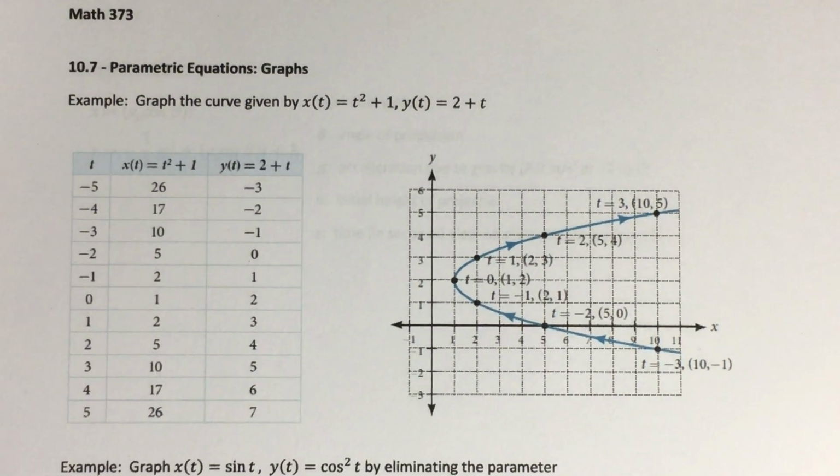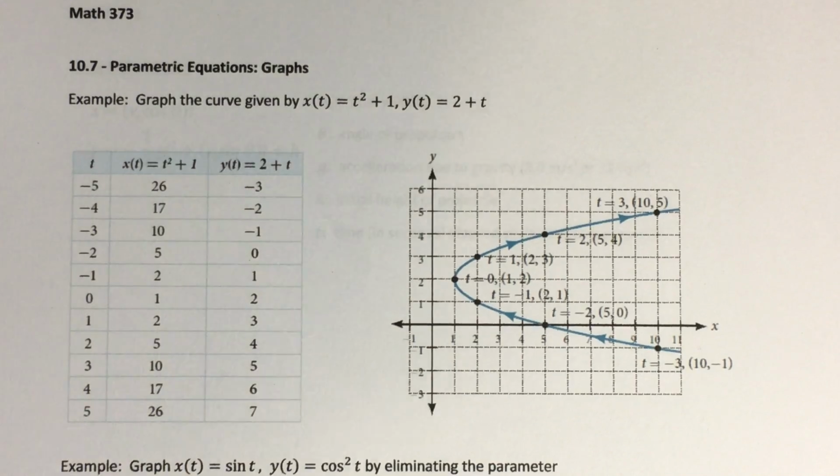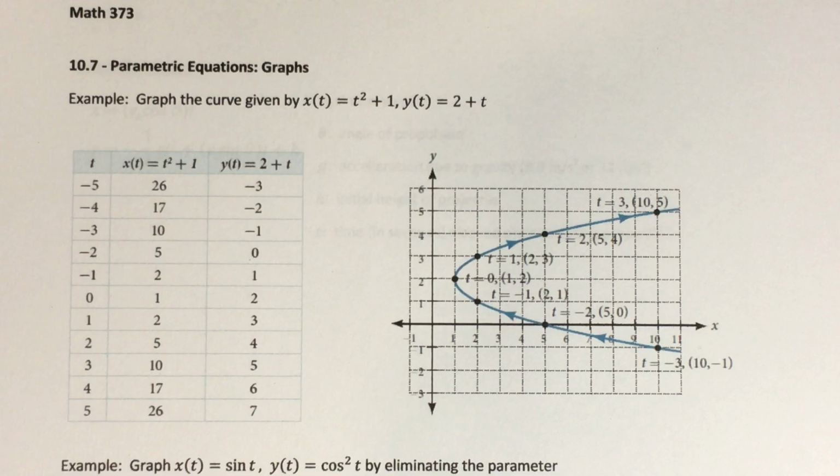All right, so we're in 10.7 now, second to last section for this class. And my personal opinion on 10.6 and 10.7 is that they didn't really need to be two separate sections. I feel like each section by itself is not terribly long, and they cover essentially the same topic, parametric equations. It's just the focus here is more on graphs. I think they could have easily made this one section, and it wouldn't have been a problem, but nevertheless, we're